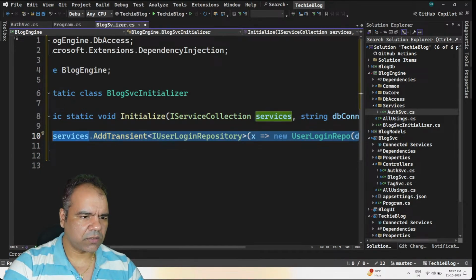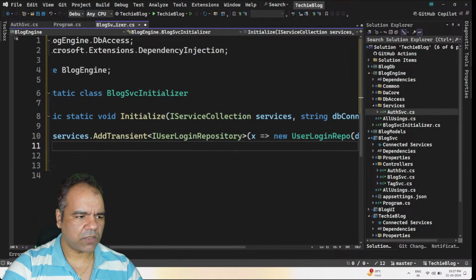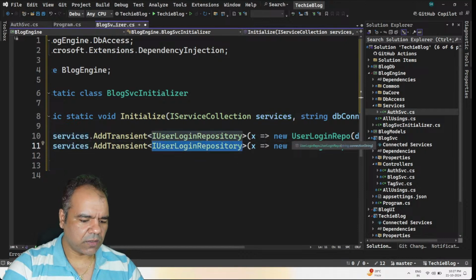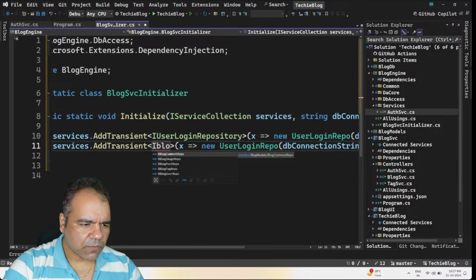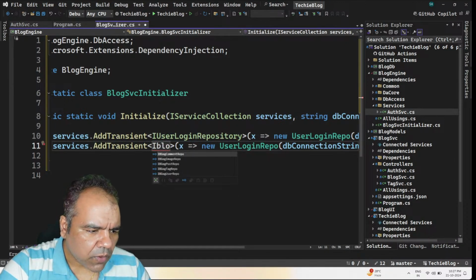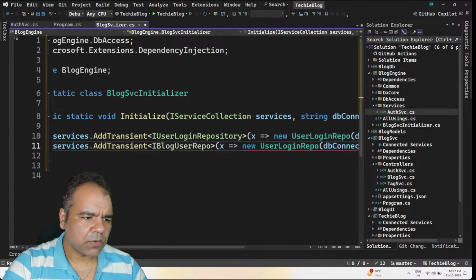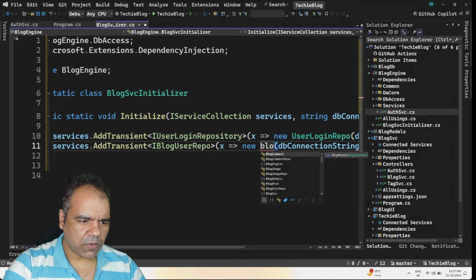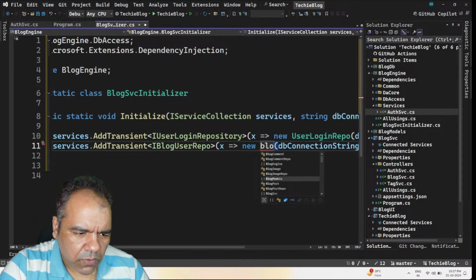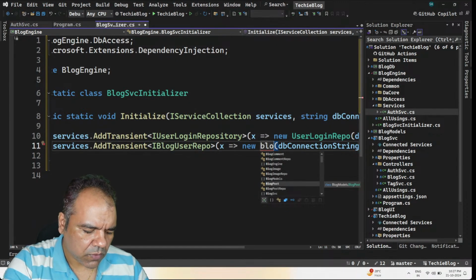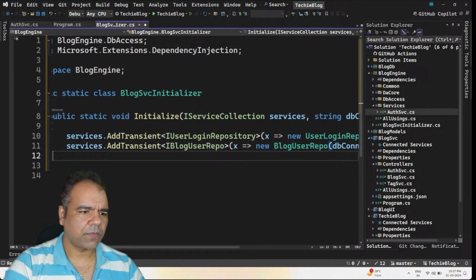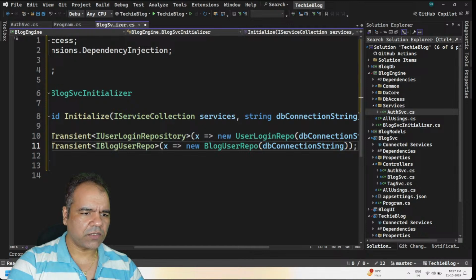Okay, this is login repository. So I think we need to initialize the blog user repository. So it will be blog user repo is equal to new blog user repo. Okay, so we have initialized these two,